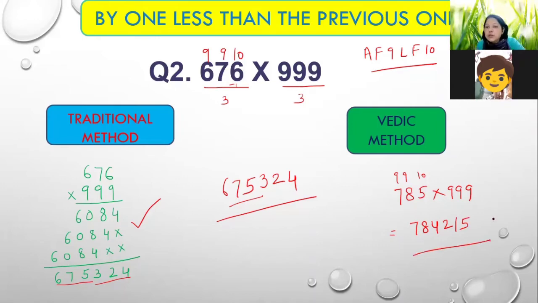And you can check it from your calculator also. Same answer will be there. And see now, this calculation and this calculation both are the same. And you can amaze your friends also. You can just ask them 785 into 999. They will start solving it in the notebook, but you will be able to give the answer. And the interesting thing is that you can give the answer from left to right, mentally.